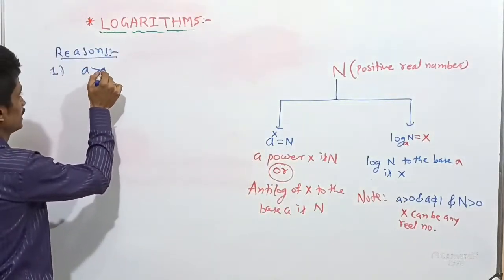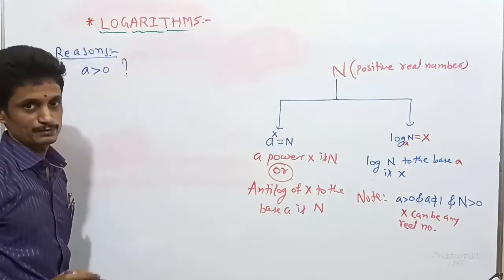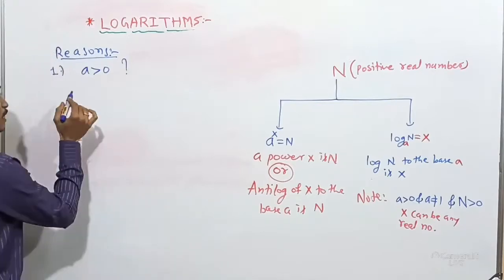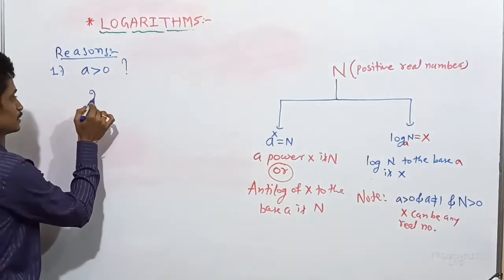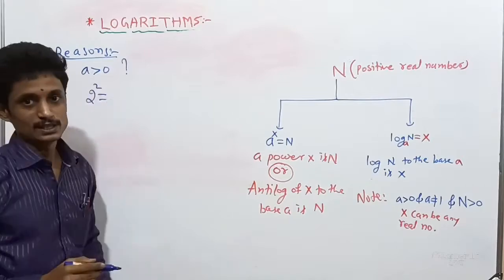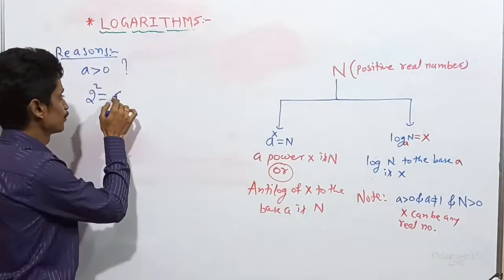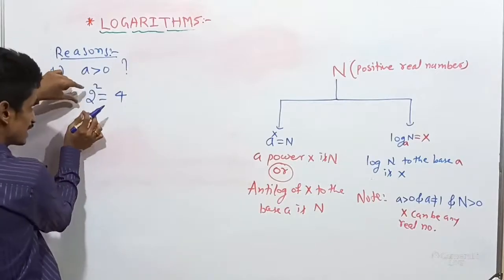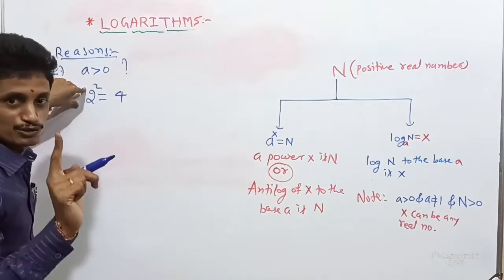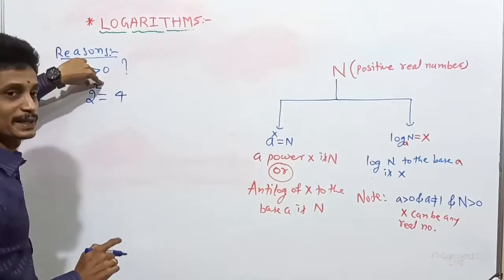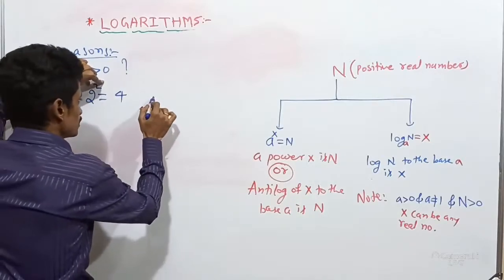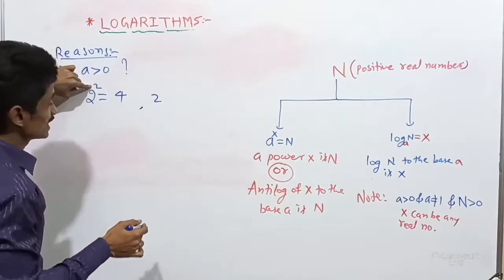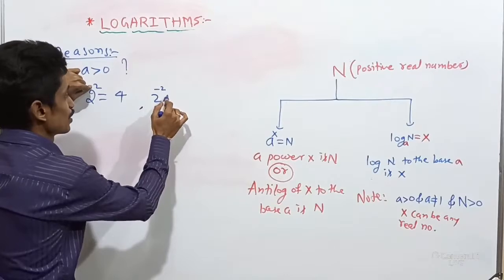A will be greater than 0. Why? First we discuss that. After that we will go to why a is not equal to 1. Let us take some example. What is 2 squared here? Of course 2 squared will be 4. 4 we represented in that exponential form. Now I consider base a as positive, and the index also positive. Now the same base, a positive quantity, I will take, and I will change the index. I will take the negative quantity.